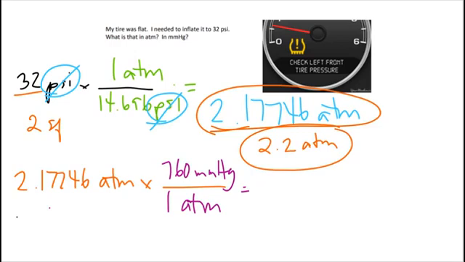So looking back, we know that 1 atmosphere is equal to 760 millimeters of mercury, and I need atm on the bottom for that to cancel out. So my 2.17746 times 760 should give me